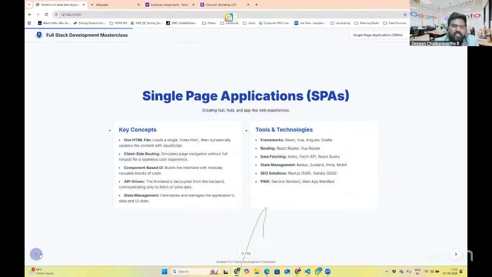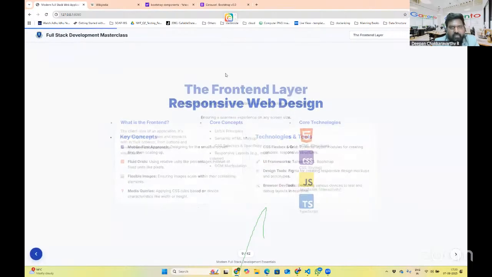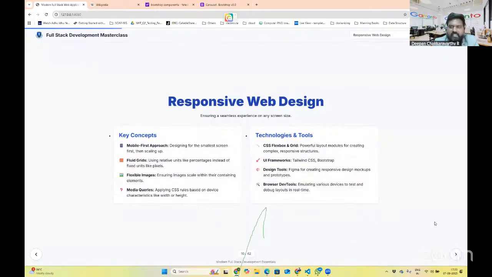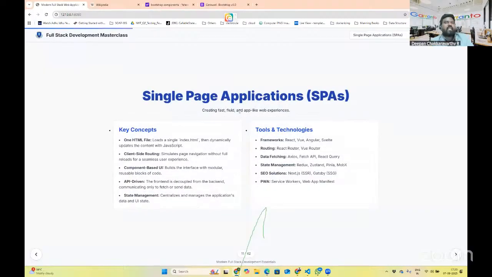Right. And what is next? So core web skills, responsive web design, and what is next in terms of building a UI? How about building a much more interactive UI, right? A seamless UI. For instance,